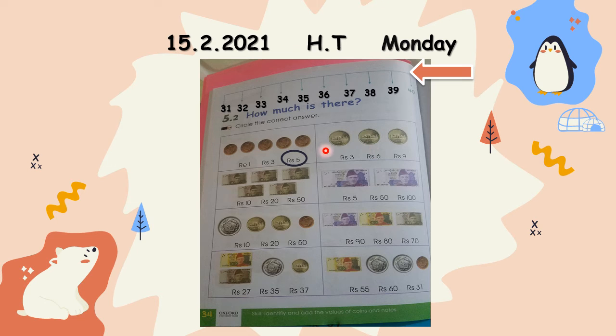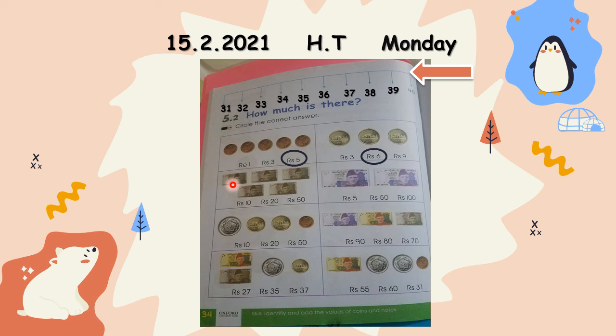Now here are coins of 2 rupees, and there are 3 coins, 1, 2, 3. If we add 2 plus 2 plus 2 is equal to which number are we getting? You can use a loose sheet for rough work. You can add them, you can make lines on a rough paper, and then you can get your answer. It will be easier for you. 2 plus 2 plus 2, or even you can make two lines on the given coins. Then if we add 2 plus 2 plus 2, we are getting number 6, RS6. Circle RS6.